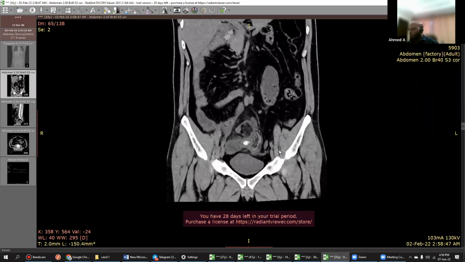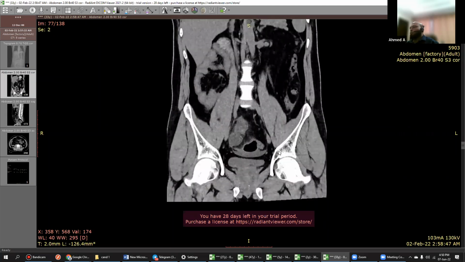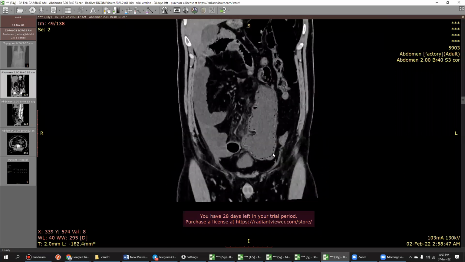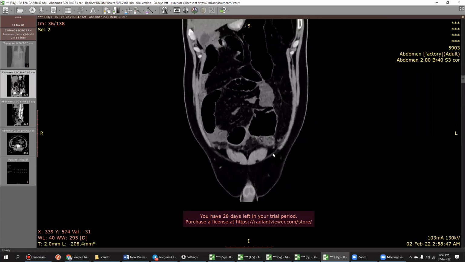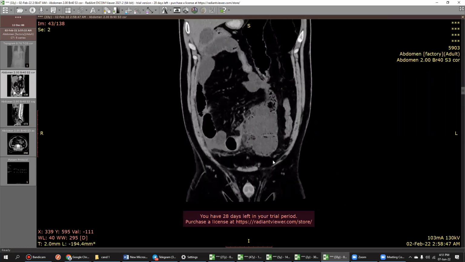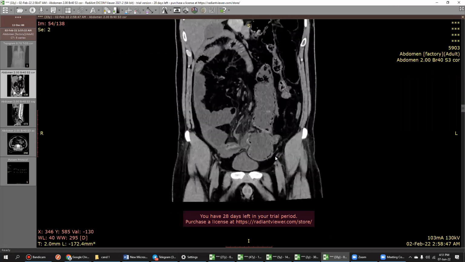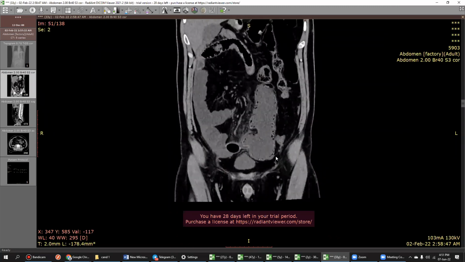So you told it's a part of a sigmoid, right? Sorry, I would like to take my statement back. I think it is a part of the small bowel, probably distal jejunum, and it is showing some dilatation, and there is pneumatosis and some associated fat stranding. My differential for this appearance of aneurysmal dilatation is that lymphoma is a consideration.